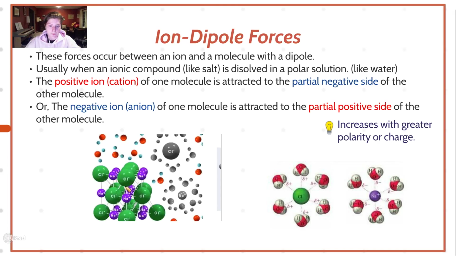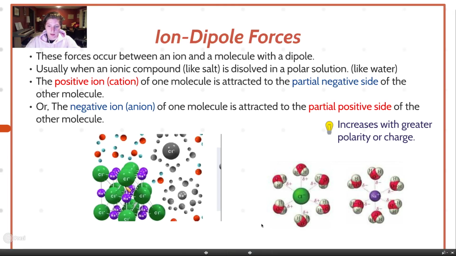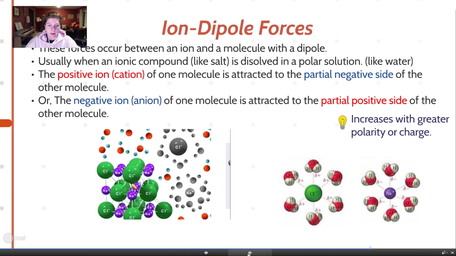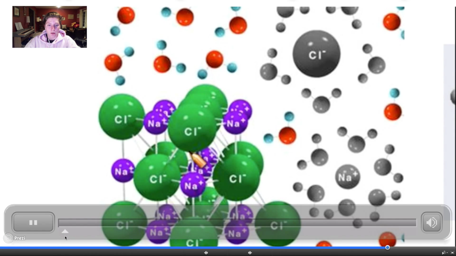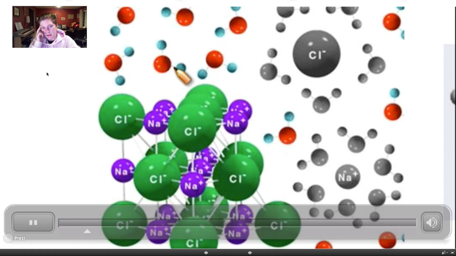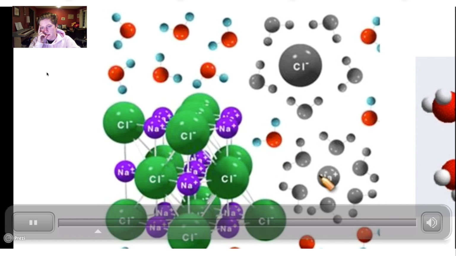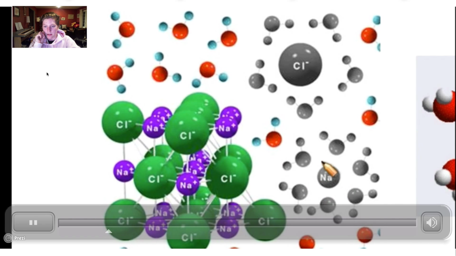So water has partial positives and partial negatives. And what happens is that the Cl- is attracted to the partial positive, and the Na+ is attracted to the partial negative. And as you can see, it will induce a separation, which is when it dissolves. So we're going to see that animation here. So here you see an NaCl block, so it's not dissolved yet. And there's water all around it. And Na is going to be attracted to the partial negatives